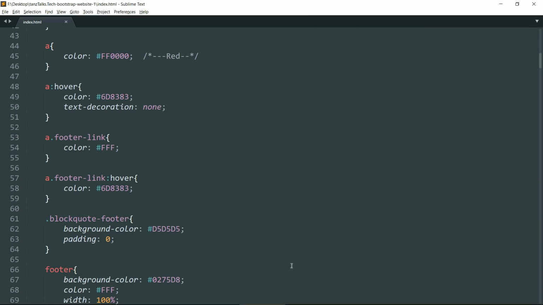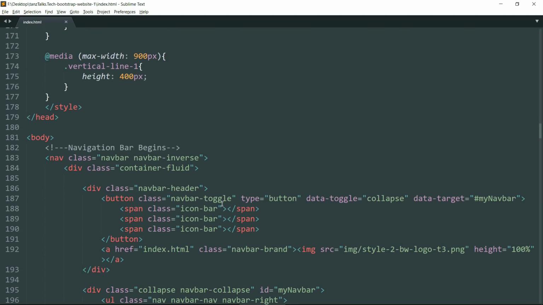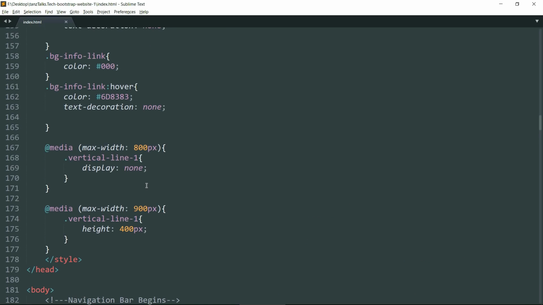Okay, now let's add another media query. Drop down, @media bracket max-width, let's say 1200 or let's say 1300 pixels, and #carousel-button display none.